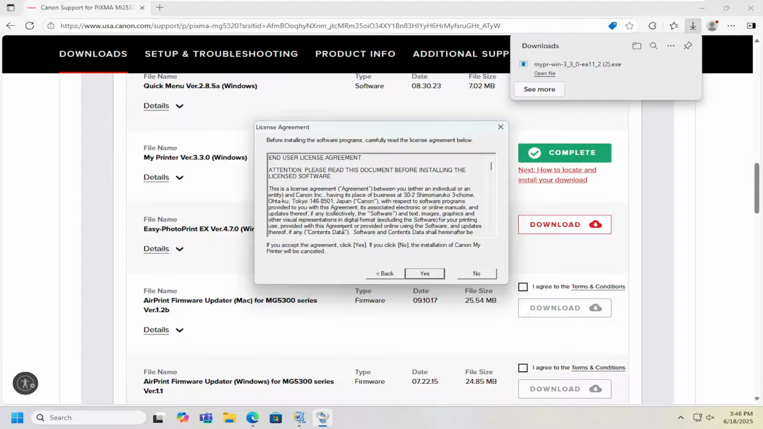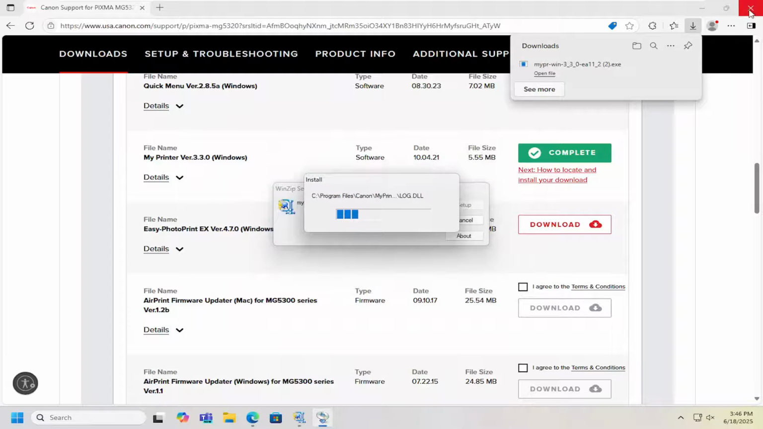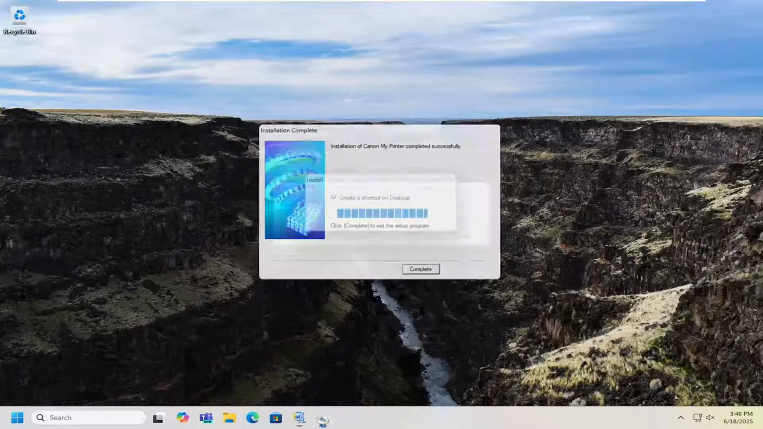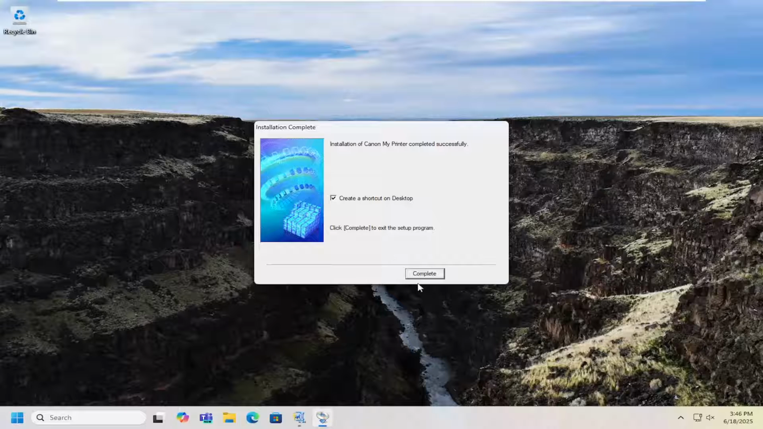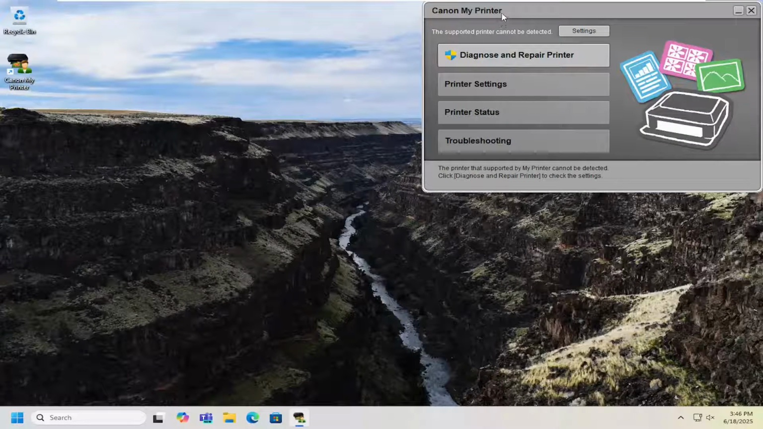And then you will need to agree to license terms, so select yes on there. If you wish to change the destination folder, you can, but we're going to select next for the purpose of this tutorial. No need to make it overly complicated. And then you can create a shortcut on your desktop, select complete,